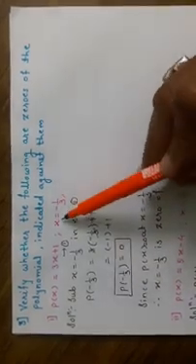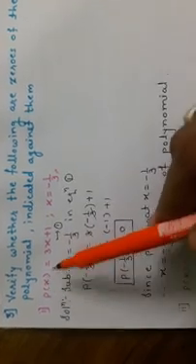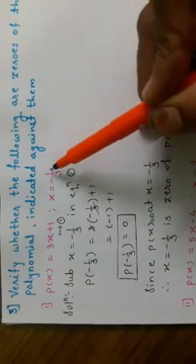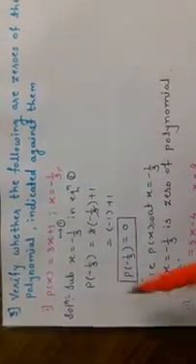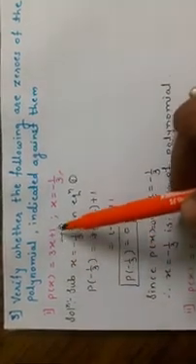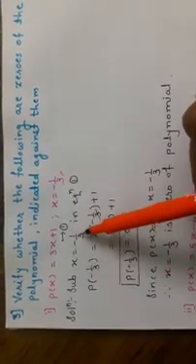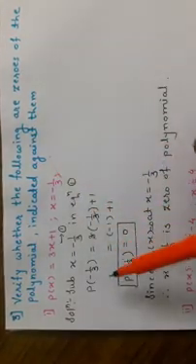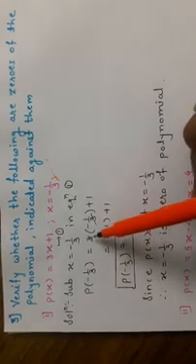When we substitute this value, if we get the value of the polynomial equal to 0, then we will say x equals minus 1 by 3 is a zero of the polynomial. So we already have the polynomial p of x equals 3x plus 1. We will call this 1. We will substitute x equals minus 1 by 3 in equation 1 because we have to check that value. P of minus 1 by 3 is equal to 3